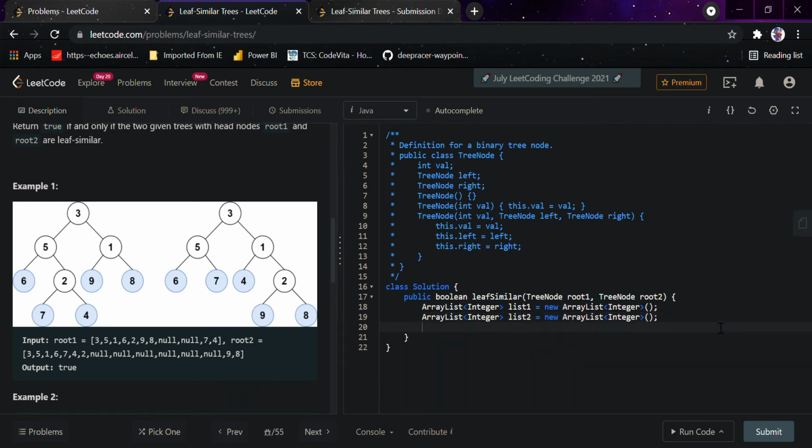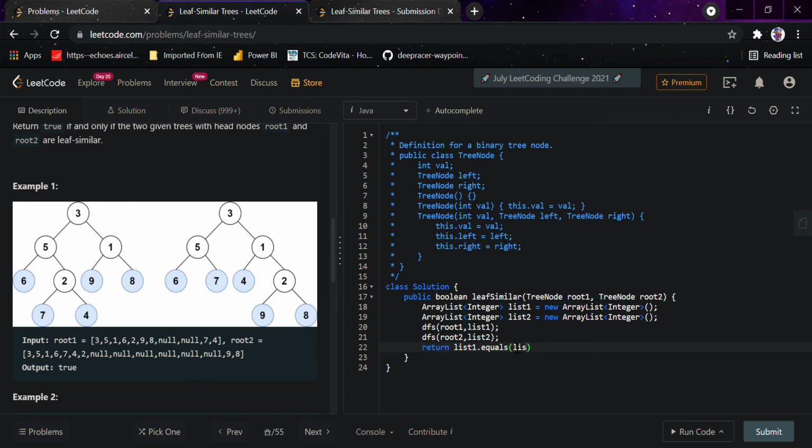Now I would create a function dfs, and I would pass root1 and list1, and again root2 and list2. Okay, I have named it dfs, and I would then return list1 dot equals list2.